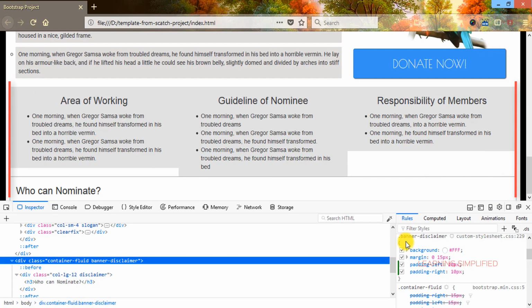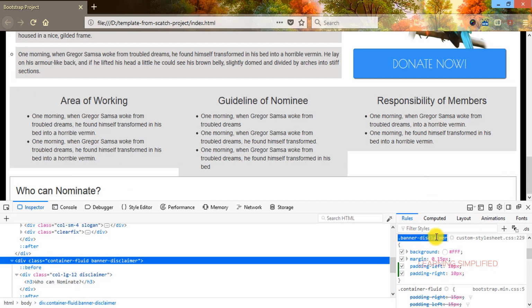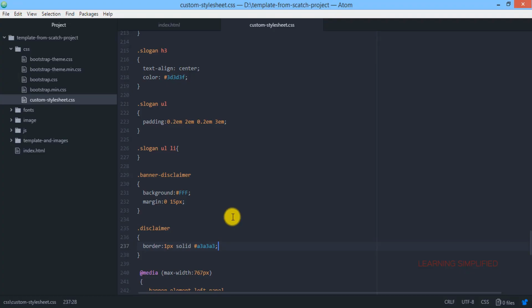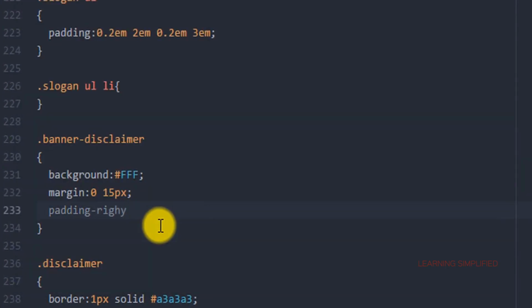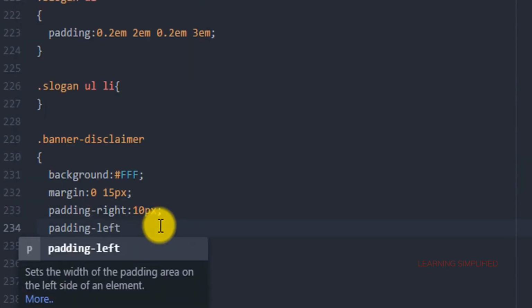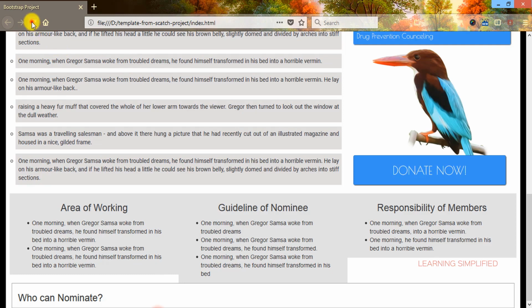So all we now need to do is make this amendment here into this banner disclaimer part. Just copy it and get back to your project, and you can see that this is the banner disclaimer. Get back and reload, and you can see now that it is working well here. There's absolutely no indentation from the above content. Now we have done up to this for now.